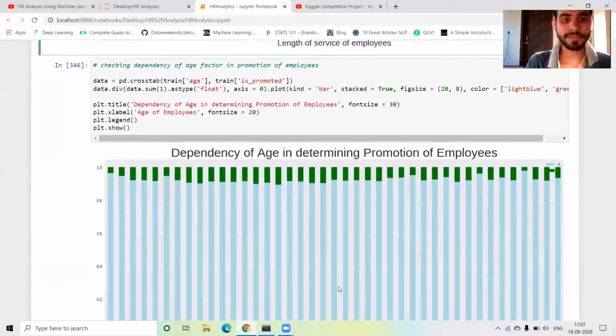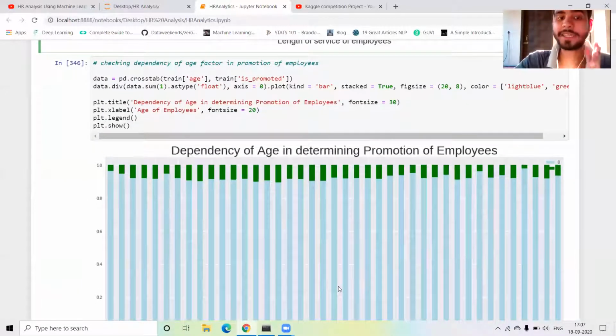Okay, next I just take an age column as well as the promoted column. If your age is 25 or 30 and above, then there are high chances you are promoted. If your age is under 25, then there are fewer chances you are promoted.